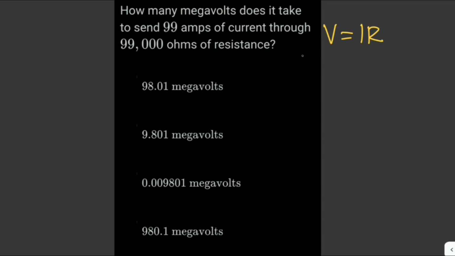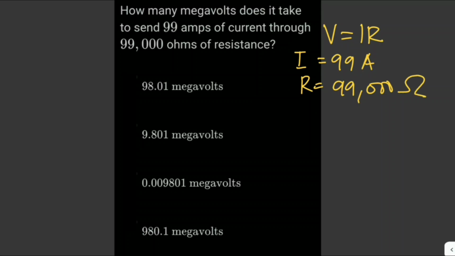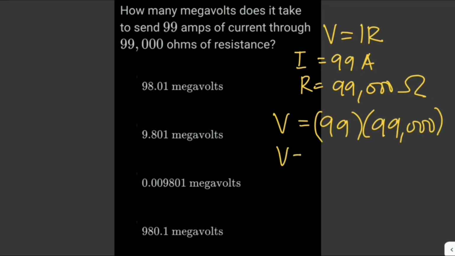And we're given here current, which is equivalent to 99 amperes. And then resistance is 99,000 ohms. Okay, calculating the voltage in volts, we just plug in all the given values. There will be 99 amperes times 99,000 ohms. So the voltage would be equivalent to 9,801,000 volts. And we are asked for